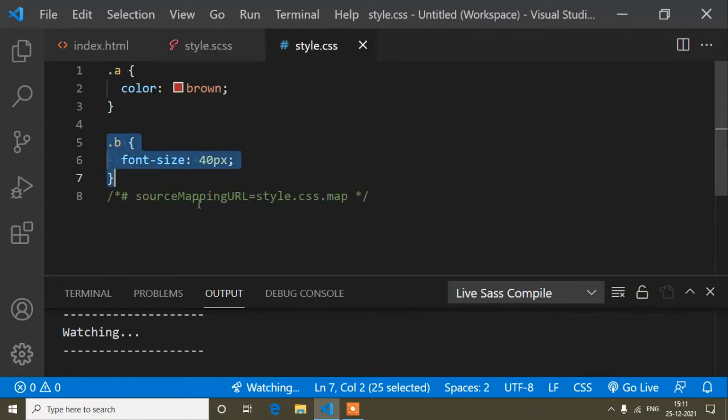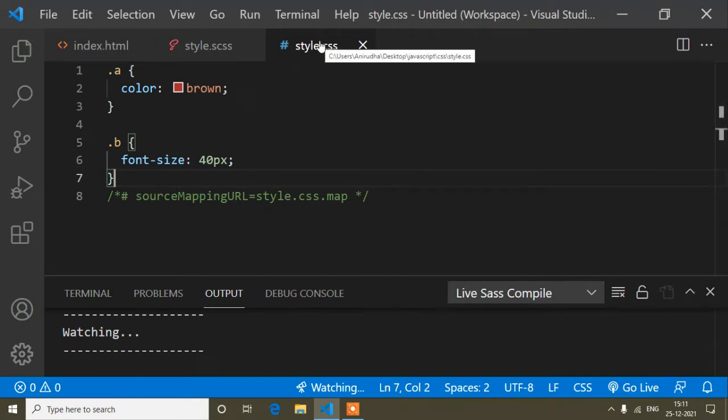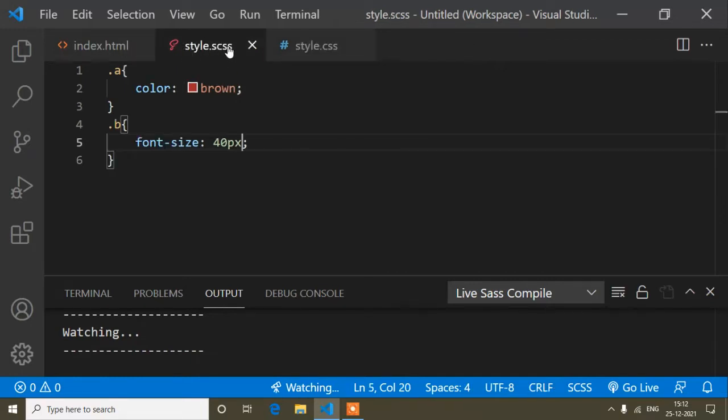At least our browser understands only style.css, not style.scss. So that's why we need to compile it.